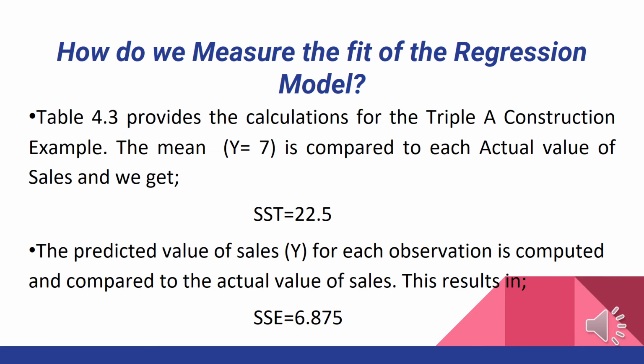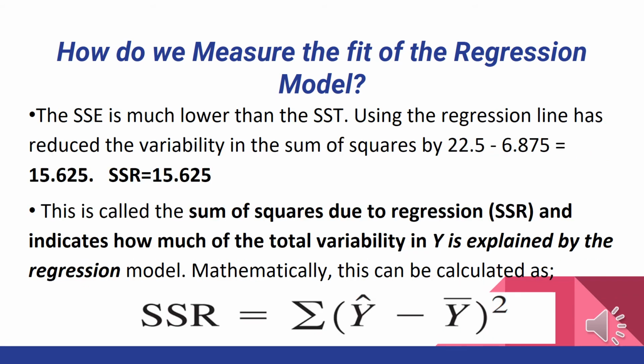Table 4.3 provides the calculations for the AAA construction example. The average mean of actual sales, which equals 7, is compared to each actual value of sales, and we get the SST of 22.5. The predicted value of sales for each observation is computed and compared to the actual value of sales. This results in an SSE of 6.875. As previously computed, the sum of squared errors is much lower than the sum of squares total. Using the regression line has reduced the variability in the sum of squares by